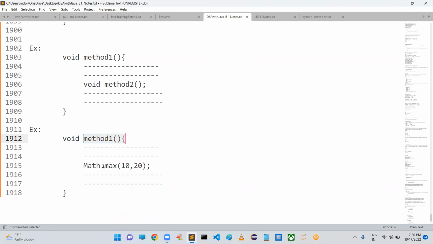Inside this, we are not defining a method, we are calling a method. Inside a method, we can't declare a method definition, but we can make use of a method. We can use that method, but we can't provide a definition for it. So a method inside another method is not possible.